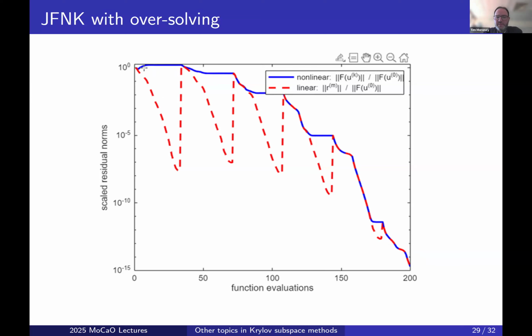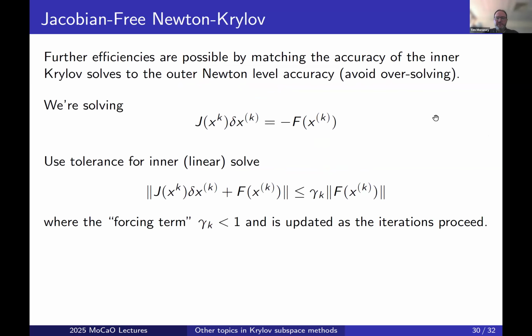Right? If I'd have taken a couple of steps in GMRes, I'd have got an equally good search direction for my Newton step. And so it goes. Wasted work, wasted work. Only later on in the process does the work at the linear level actually pay off at reducing the nonlinear residual. Okay? So people have thought about this, of course, and there are very much further efficiencies possible by just matching the accuracy of the inner Krylov solves to the